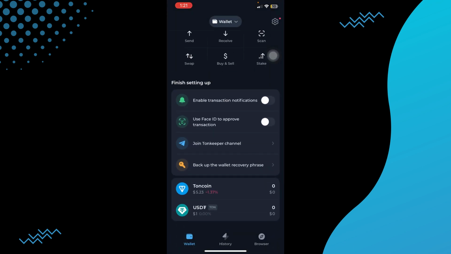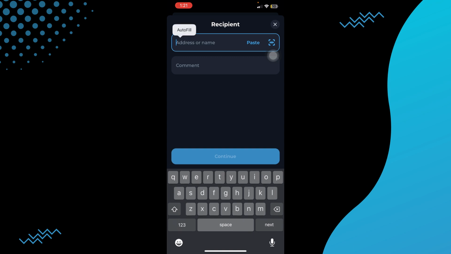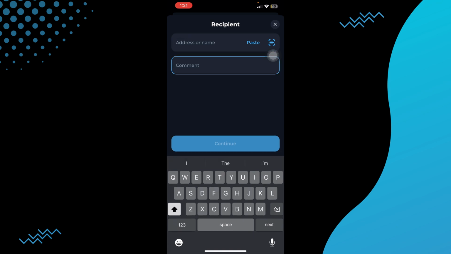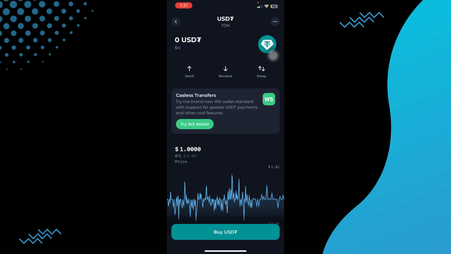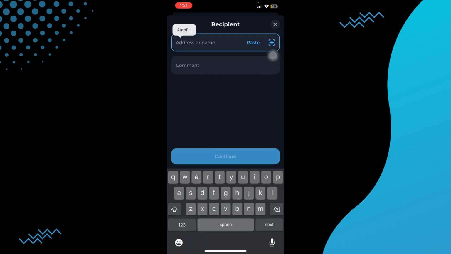You can send your USDTs right here. Just go to the USDT, tap on send, and then simply add the address, add any comment, and then send it. So sending it is pretty simple. Once you have anything, just tap on send, enter the recipient address from Binance,